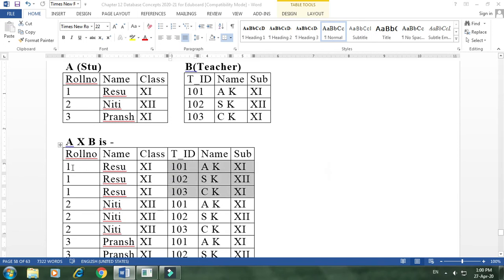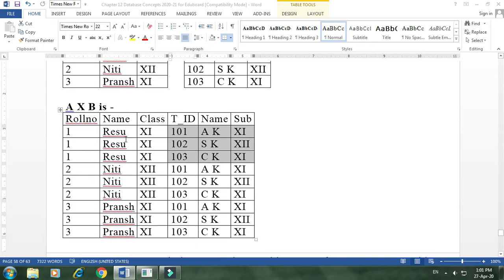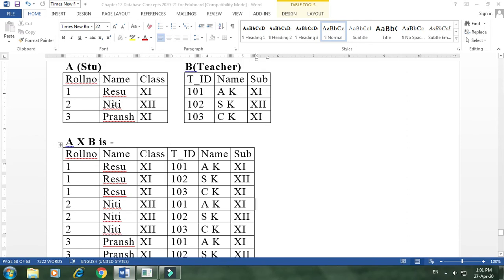Similarly, taking the second row, it again concatenates with all three. Again taking the third row, it concatenates with all three. So this is the Cartesian product, and you get 9 rows in this case when we have 3 rows in the first table and 3 rows in the second table.